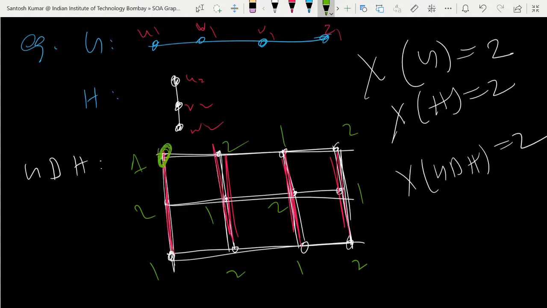Okay. So like one is this color, suppose. All vertices of the same color form an independent set. So you can collect the independent set here. And color 2, if I write like this.